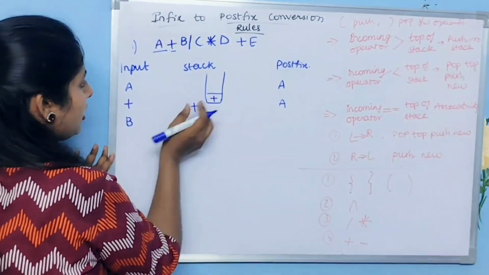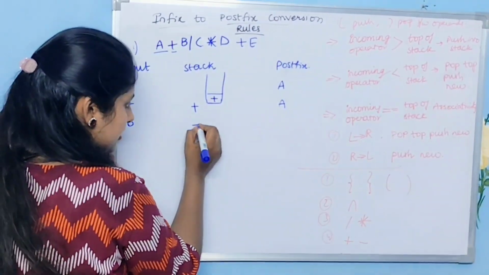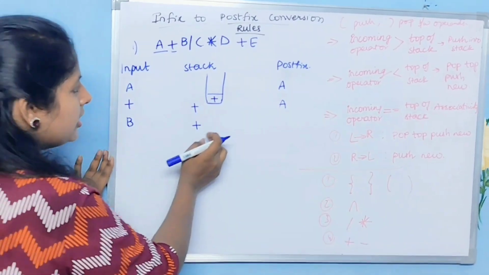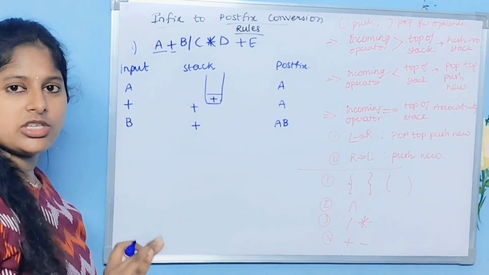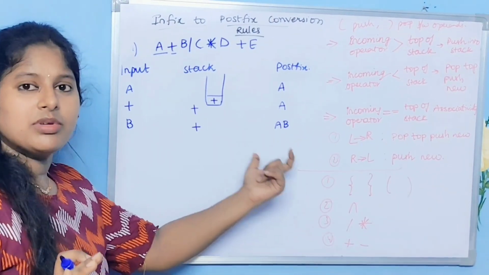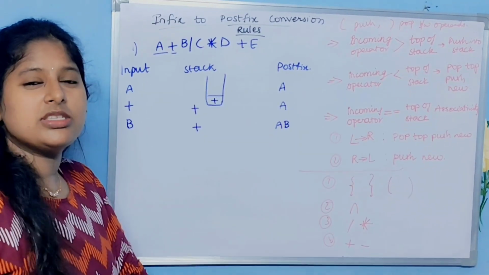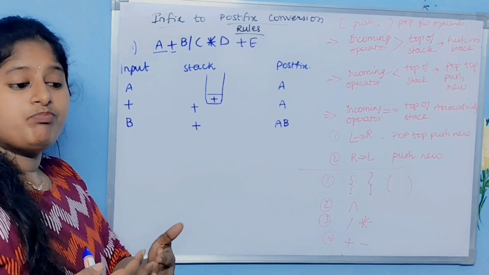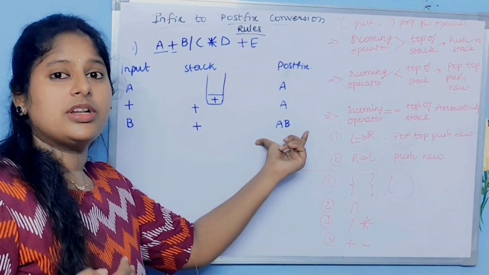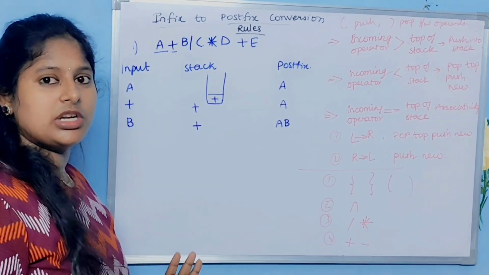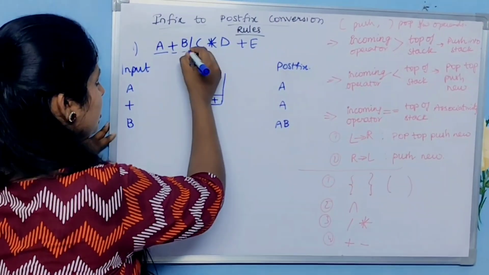Next B, you cannot add it into the stack. So plus, nothing changed. It's like that only. Now keep it in the stack. It does not mean any multiplication or anything. It is just written beside B. You cannot imagine there is a multiplication between them. These are just written beside, that's it. These are individual elements. Now the next expression is